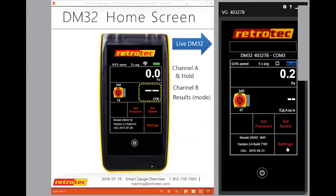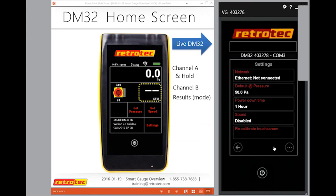All right, under settings, there's also another page on settings. These are some of the things that are on here from network. So if you do not have Wi-Fi, you either have disabled, Ethernet,